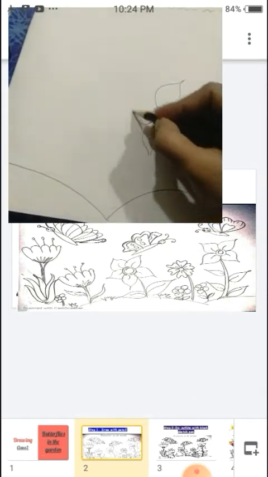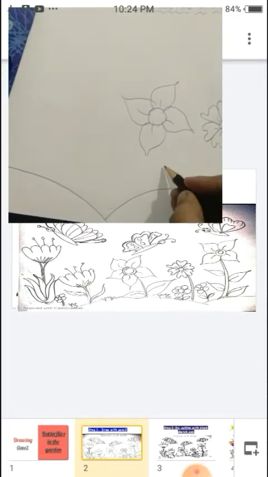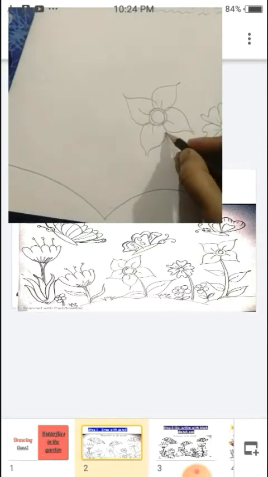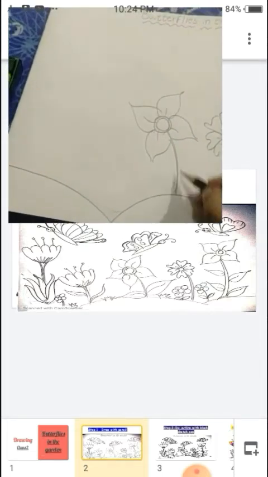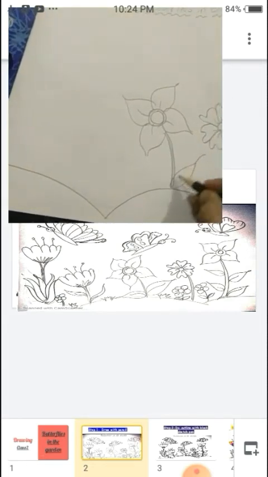Again the same flower I am making. This is very simple. Okay, inside one more small circle. Here also make a stem, one big leaf.